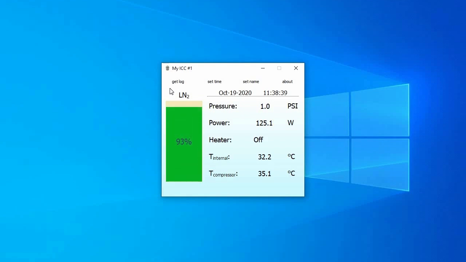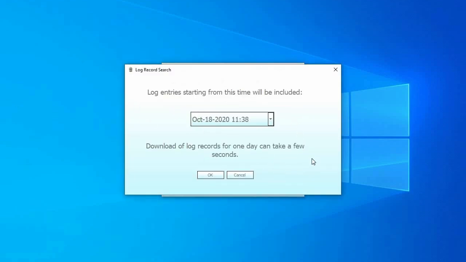How to extract the log data? The Download Data Log menu option enables you to download the Intelligent Cryo-Cycle data log. Because a typical download rate is about 3 to 5 seconds per day of data, and you may only be interested in more recent data, the first pop-up window is asking for a date from which the data download will